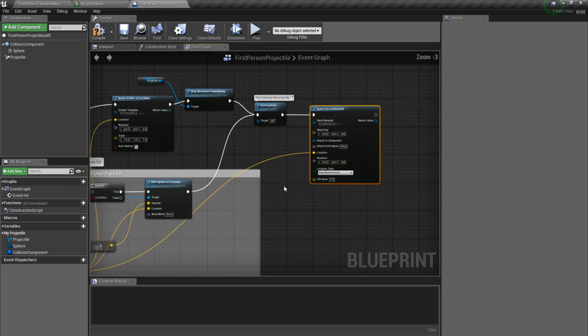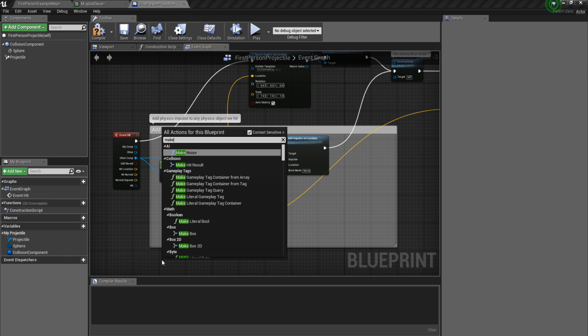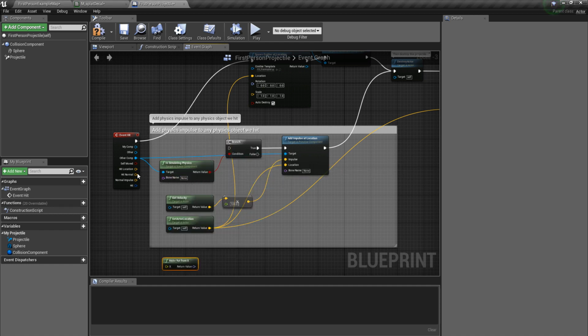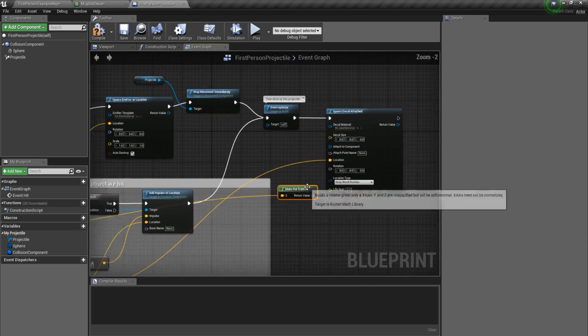Since decals are actually projected onto the surface they're shown on, you can get a streaky mess if you're seeing it from the wrong angle. So, to ensure that we see the texture on the object that we hit with our projectile, we need to build a rotation. And we can do that by grabbing the hit normal from the event. And then we feed that into a make rotation from X, because that's the axis it projects along. So let's drop that down from X. Feed in the hit normal,